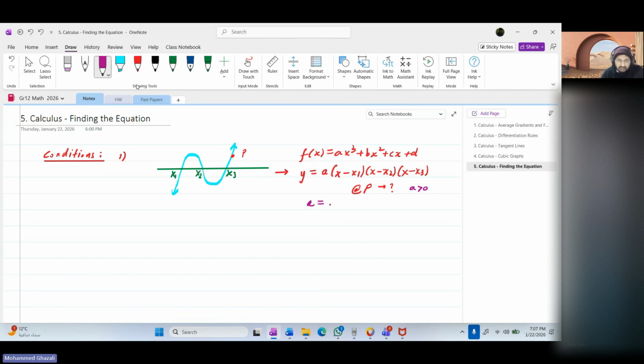After you get an answer for a, put the a back inside the equation, open up everything and get it into this standard form. Okay, so that's condition one. Condition two